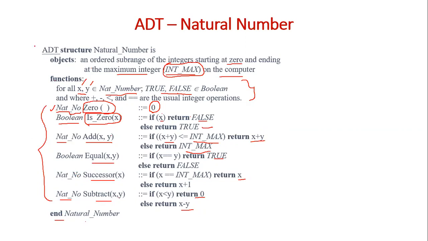So this is how the abstract data type is defined. The abstract data type is not an implementation. Here we are not implementing the data type in any language. It is the specification. This is how this particular data type is expected to behave in any programming language. It may be C or Java or Python or wherever it may be.